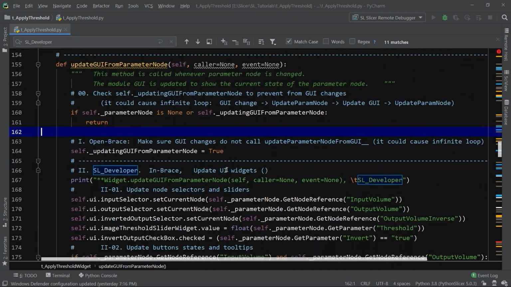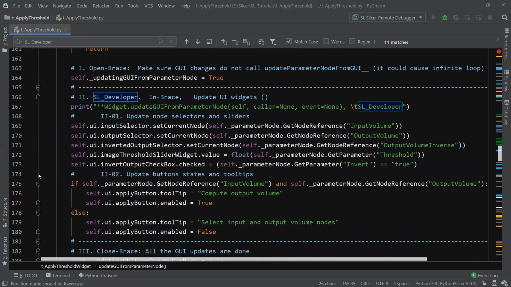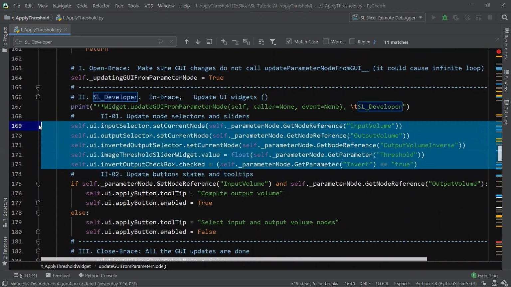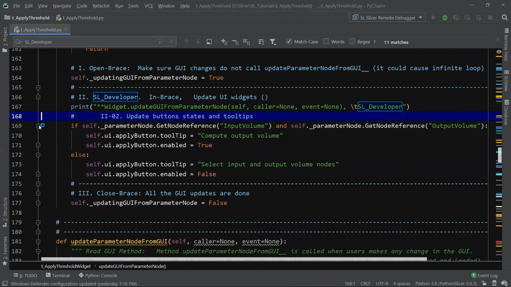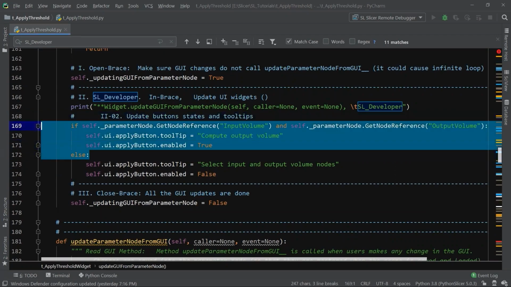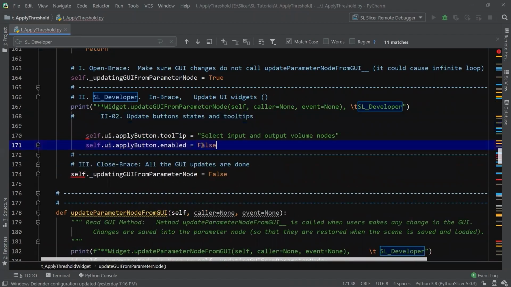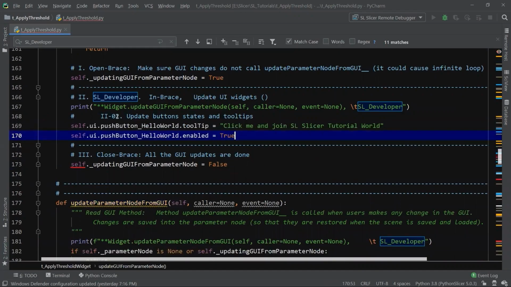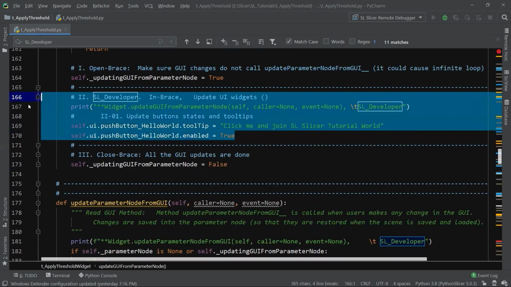Now it's the turn of the two update functions. There's only one push button Hello World in our application, so we remove the top update statements of the graphical user interface. We keep one set of the push button settings, change the object name of the push button to the push button Hello World, and replace the value of the tooltips and the enabled. Then we change the step index from 02 to 01. Perfect. Let's go to the second update function.